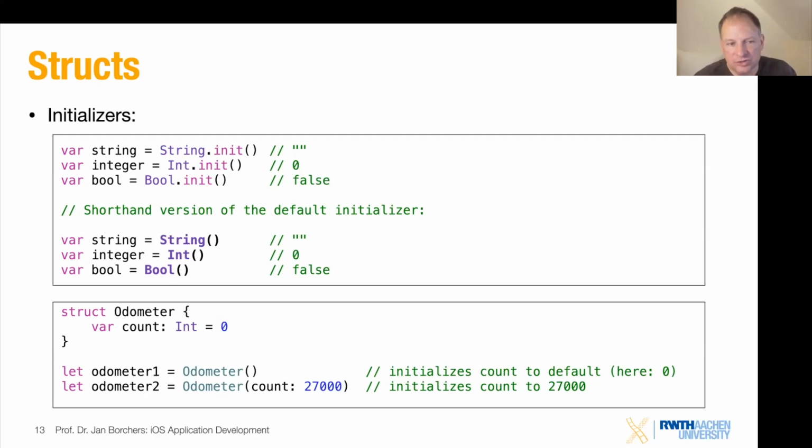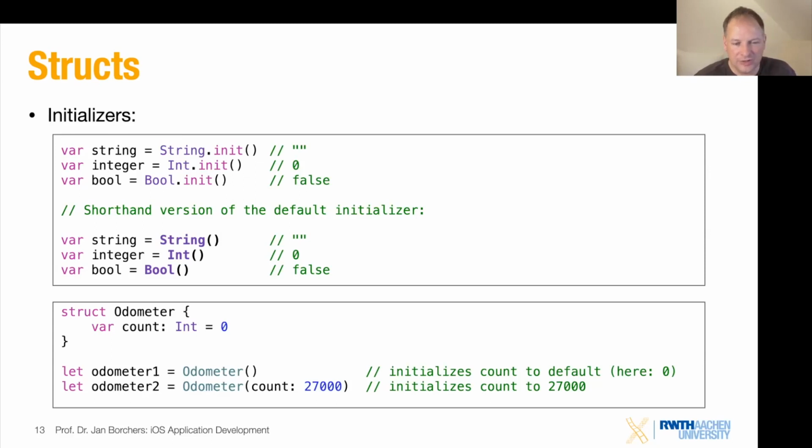Now, again, defaults are easy to do. If you have to write your own custom struct and you have a member variable in there that you want a default value for, if the user doesn't specify anything when initializing a new instance of the struct, then you can do that, right? By just providing this equals 0 here in this case. And then I have two options, right? I can literally just create a new struct of this type Odometer with a default value. This is exactly how the built-in structs like String and Bool also do it, right? Or I can specify the parameter as before, with the example of name equals Jasmine.